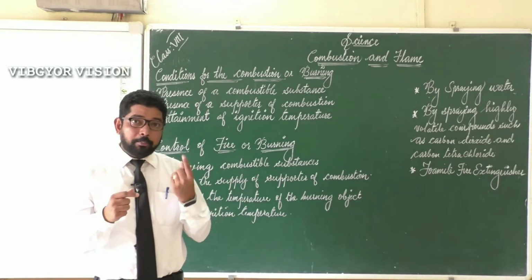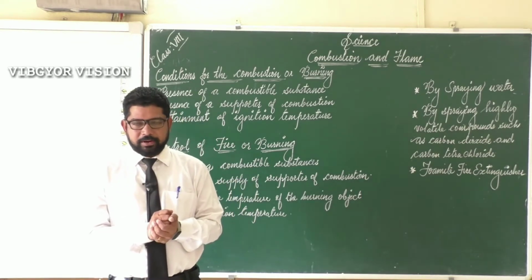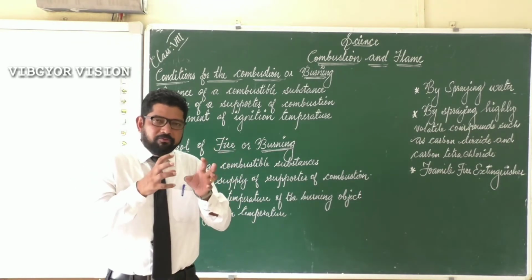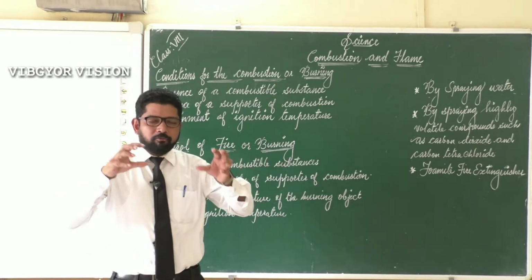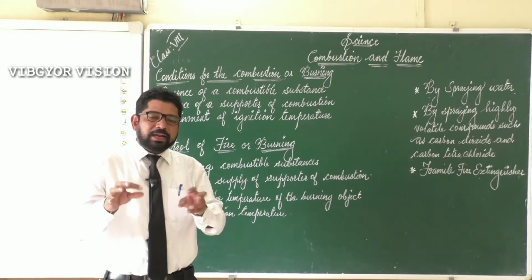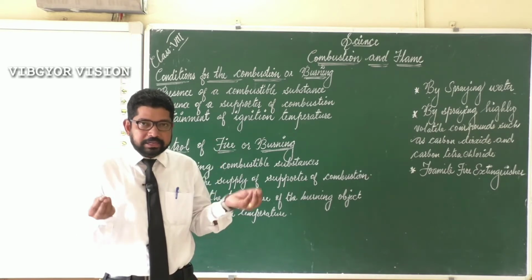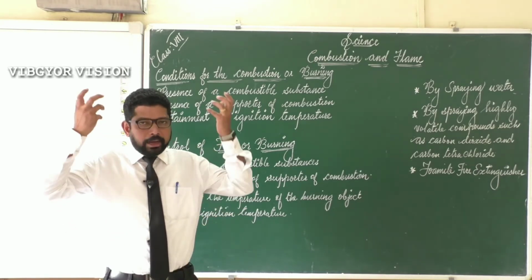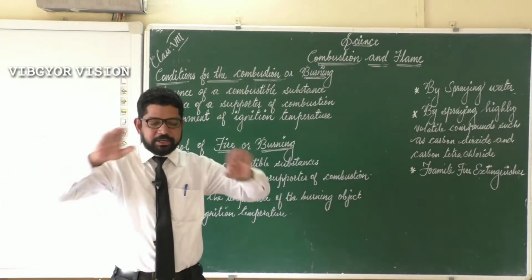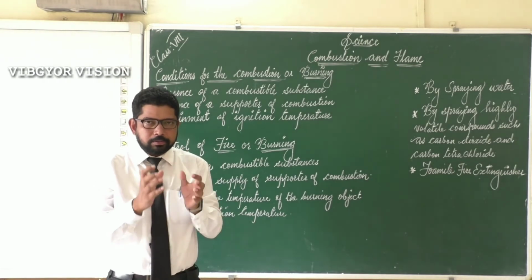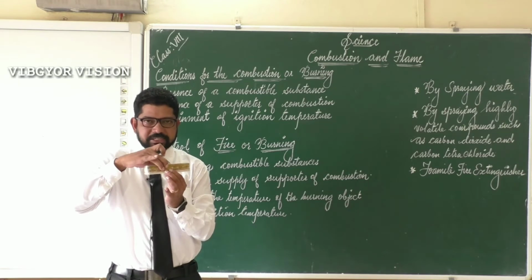Next, one more way water extinguishes the fire. How is that? When we are spraying water to the hot or burning object, when the water falls, what happens? Water suddenly changes to steam. Water will be evaporated. Water changes to vapor state. That water will make a layer around the burning object. Do you understand me? Suppose, imagine that here is an object.